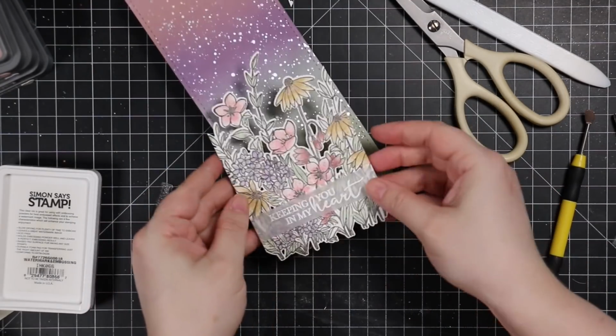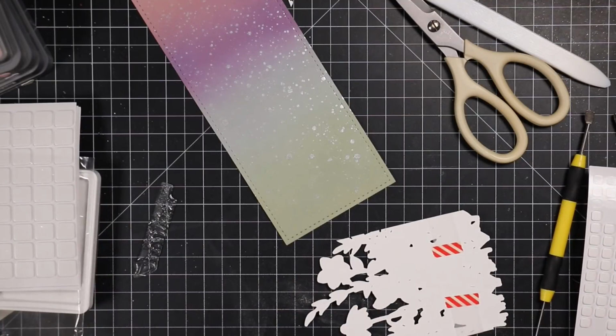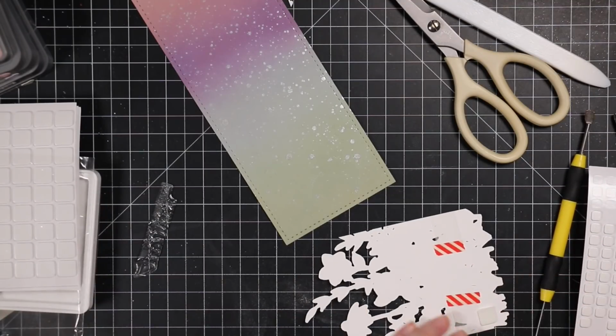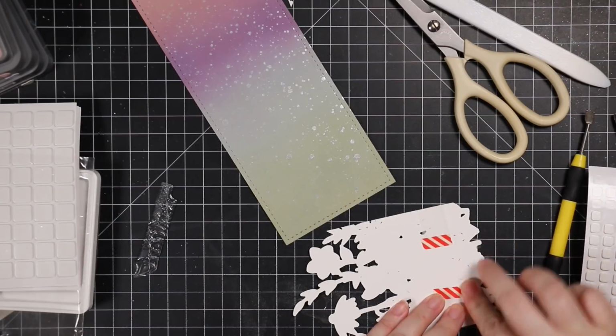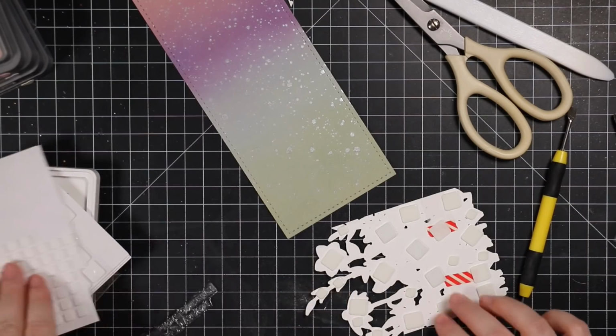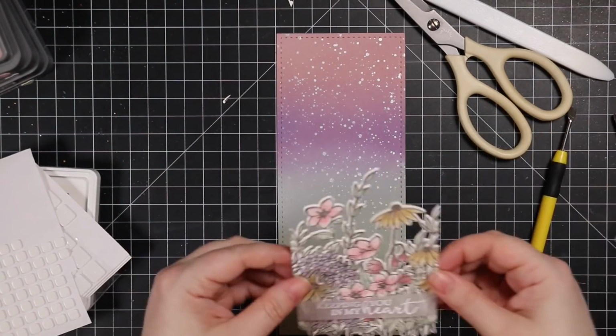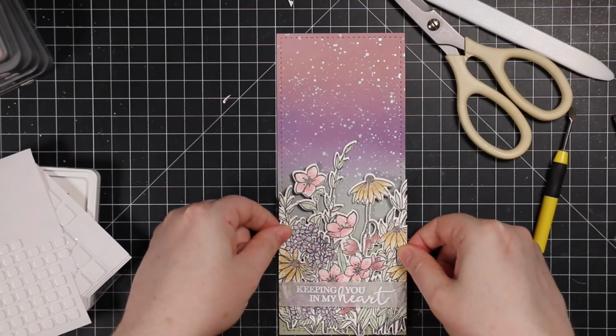Not a ton, but it gives it that little bit of shadow that just gives it a little extra something. So, popped on a whole bunch of little foam squares all over the back of this. And then once I had all of those in place, I'm going to adhere this to my background. And then once that's adhered, just like so, I am going to work on my actual card base,